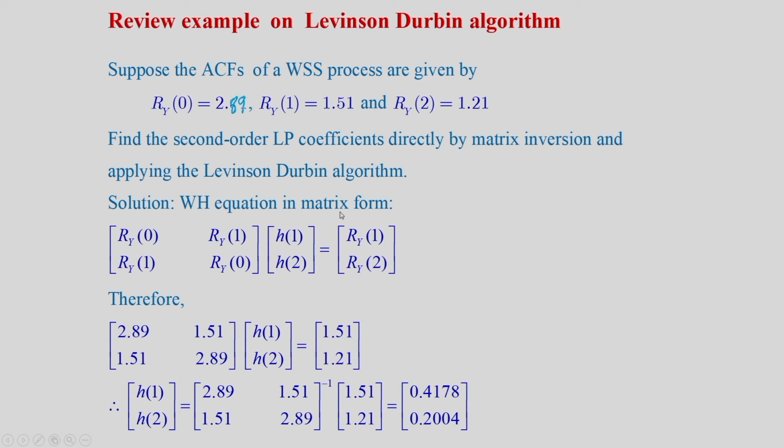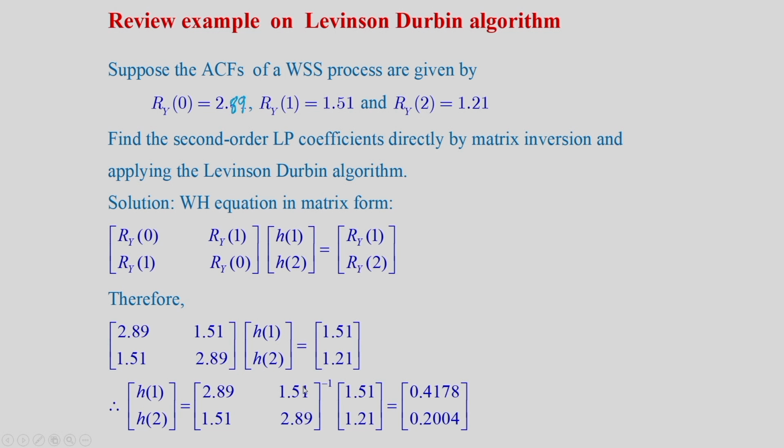We have to first establish the Wiener-Hopf equation in matrix form, that is given by the autocorrelation matrix into the coefficient vector is equal to the autocorrelation vector. So, here it is ry0, ry1, ry1, ry0, and similarly coefficients are h1, h2. Therefore, if we substitute these values, the autocorrelation matrix is 2.89, 1.51, 1.51, 2.89, multiplied by the coefficient vector h1, h2, and this must be equal to ry1 is 1.51, ry2 is 1.21,